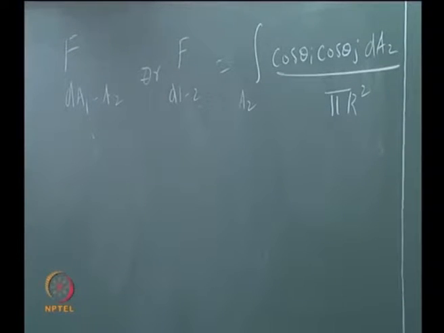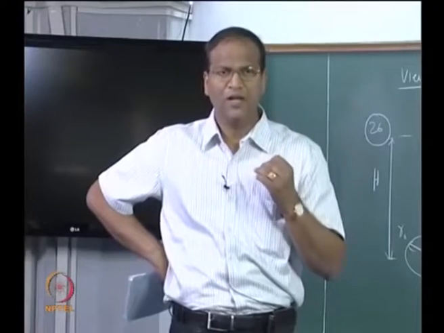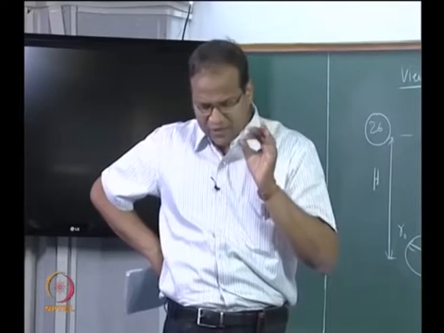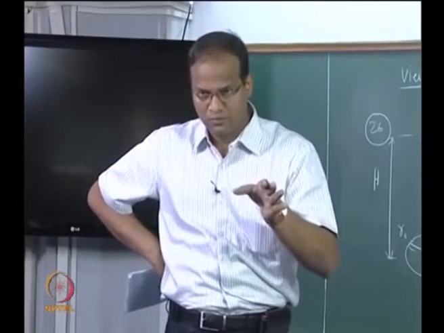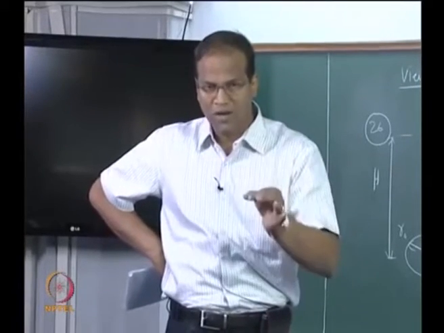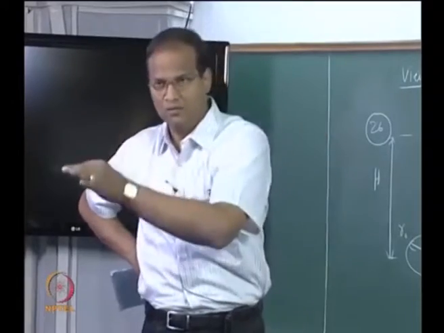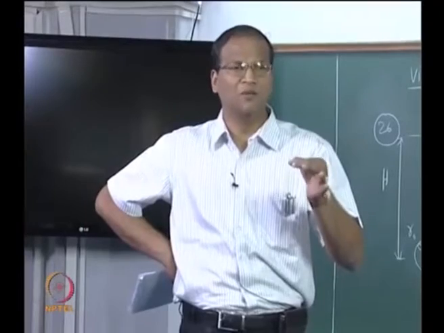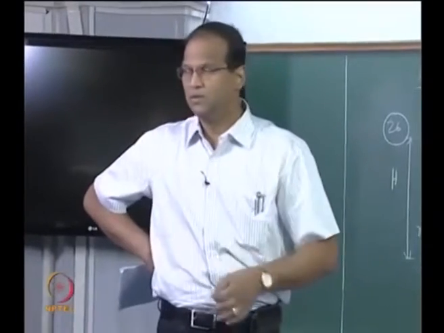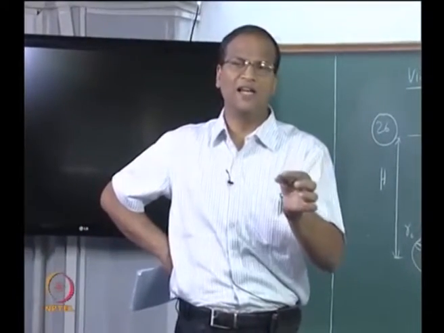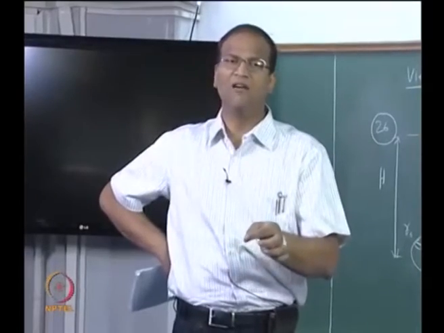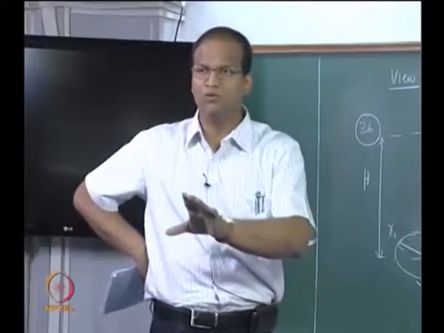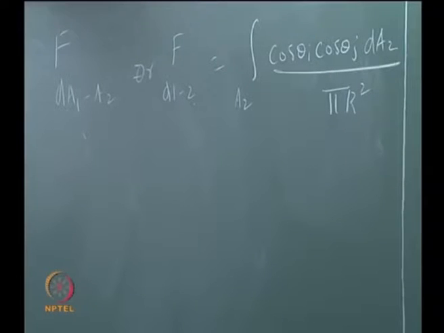Now, you have to convert the problem very carefully into one in which the variable is small r. That small r can take a value from 0 to r naught. Therefore, first you have to take an infinitesimally small area on that disk, an element with a thickness of dr, so that area will be 2 pi r dr. Wherever dA2 is there, you can put 2 pi r dr.